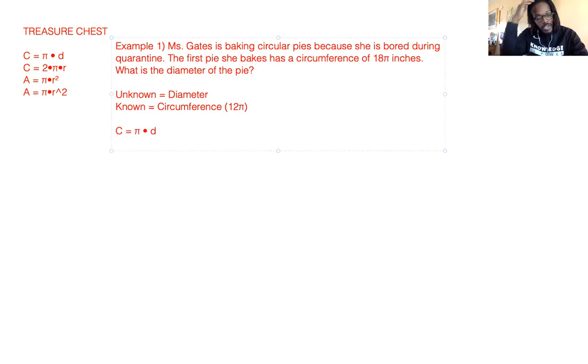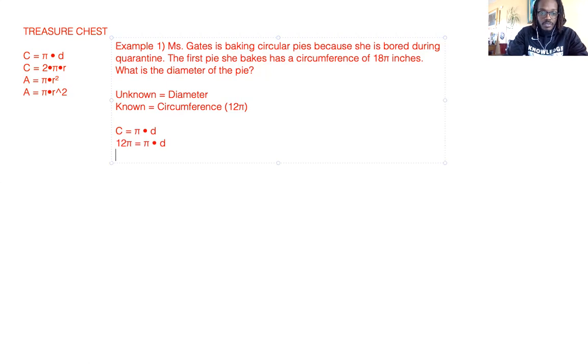That review on that last page is going to be super helpful in us remembering inverse operations so that we can get rid of things to find what it is that we need. So I know that circumference is equal to 12 pi. And 12 pi is equal to pi times diameter. Now, what I'm trying to figure out is what diameter is equal to, which means I'm going to have to use inverse operations to get diameter by itself, which means on this next line,